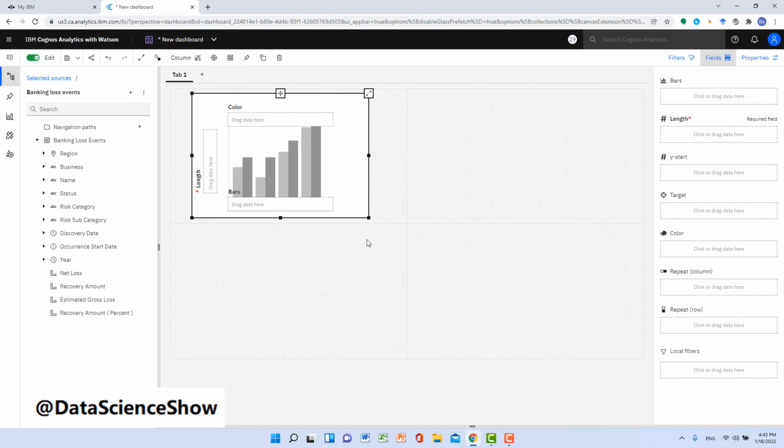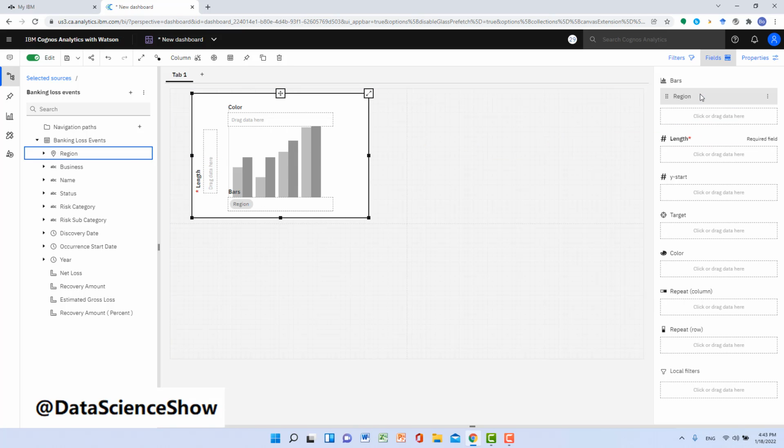It's very simple, actually. So I want to organize the data sets according to different regions. Obviously, the columns should be created according to different regions, right? So I want to drag regions and then drop it under bars.